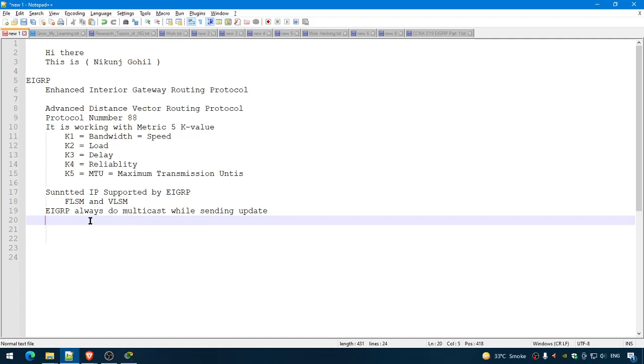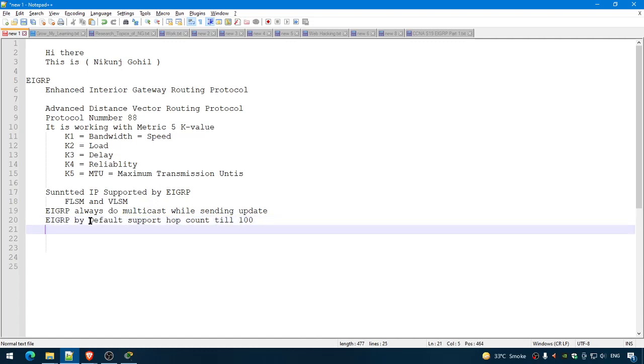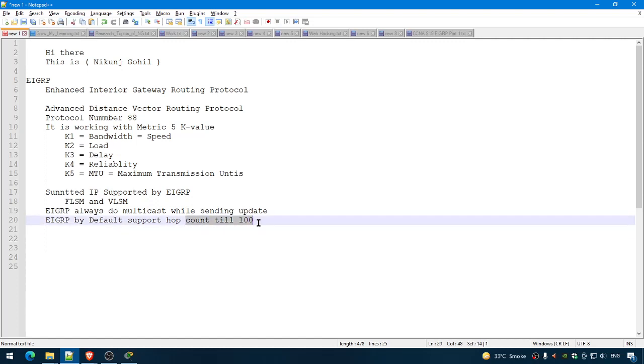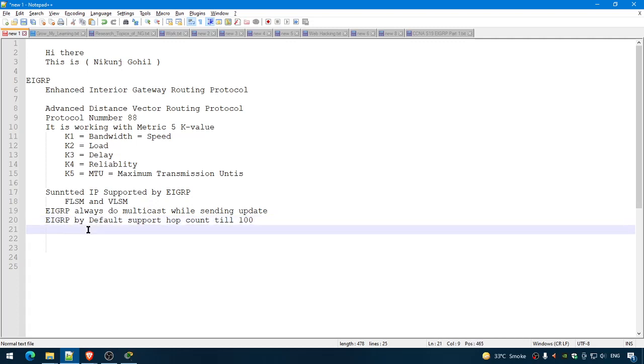The last point of EIGRP, last but not the least: EIGRP supports, by default, a hop count up to 100. As I already told you, RIP only supports a hop count of 16, meaning 0 to 15, with 16 unreachable. In the same way, EIGRP supports a count up to 100. And I'm saying by default because we can configure it later